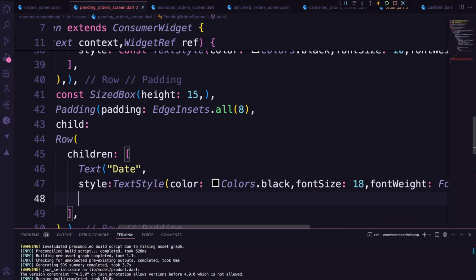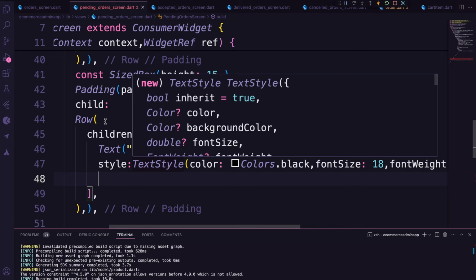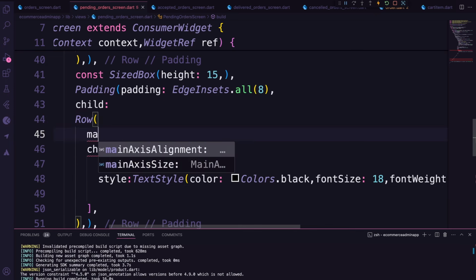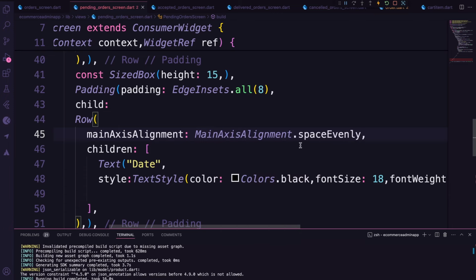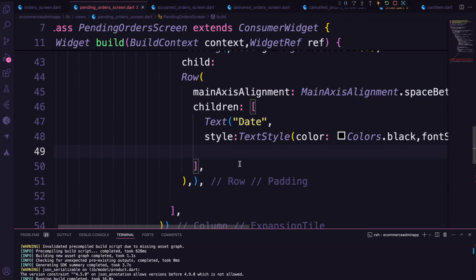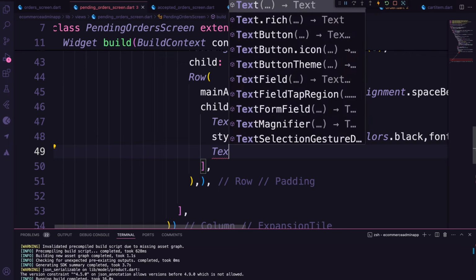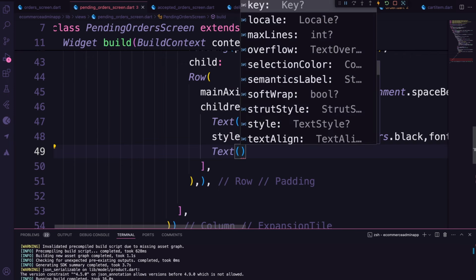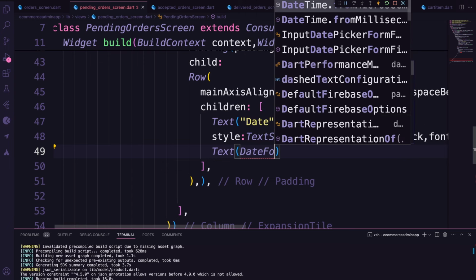This is going to display the date in which the user ordered our item. And then after this, we need to also provide main axis alignment, which is MainAxisAlignment.spaceBetween. And then here we need to display the date from our Firestore database, which is going to be DateFormat,